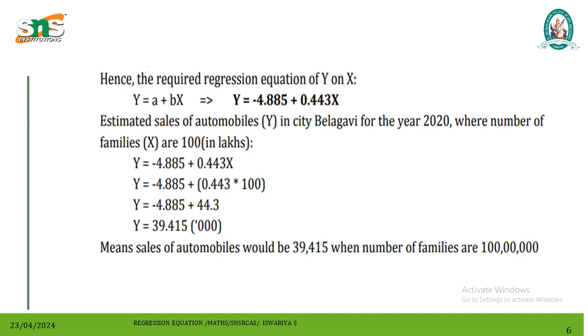39.415, which means the sales of automobiles will be 39,415 and number of families are